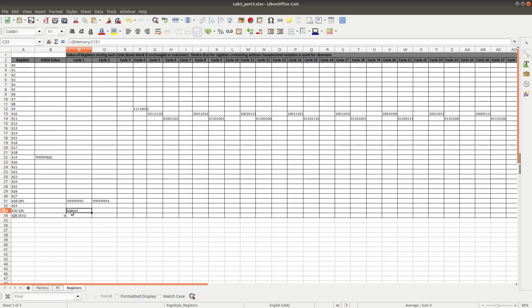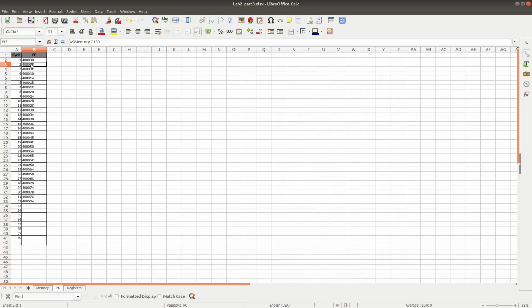So at the result of cycle 1, the return address will be kept in x30 or LR, and the value is 40004. So after cycle 1, the value in LR will be 04. The value in PC will change from 00 to 08 for the next instruction.